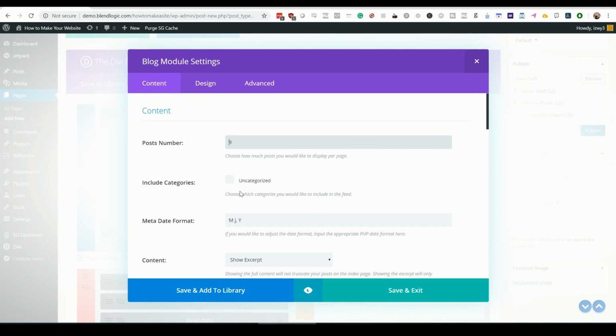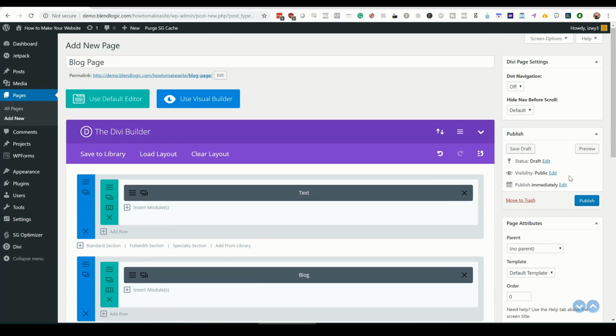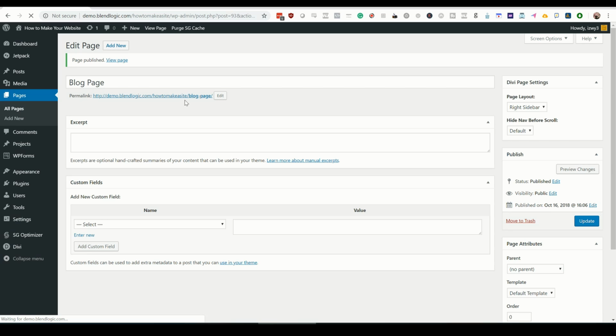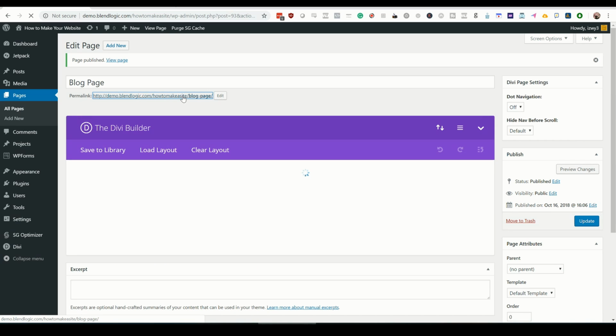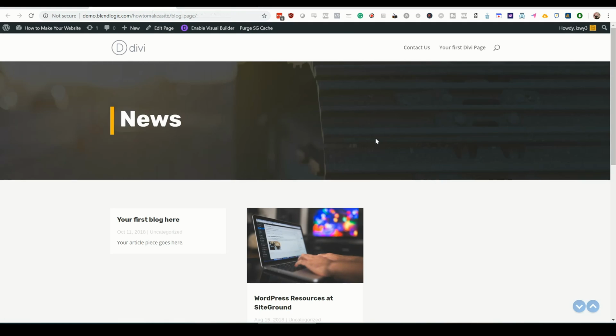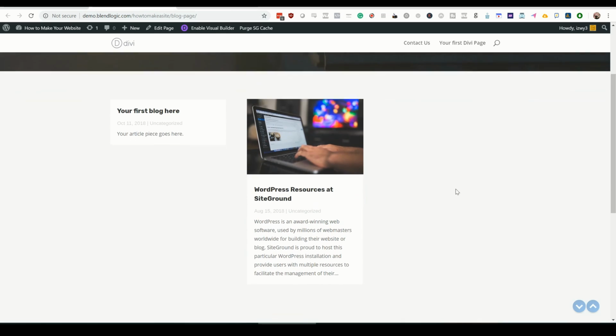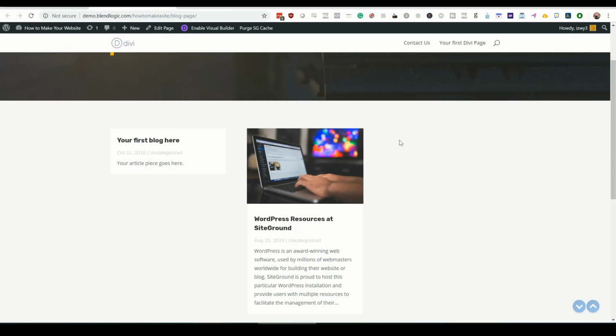If we look in the settings, we see that it has categories you can choose from. We haven't set up any categories yet for our blog, so we just choose uncategorized. Let's publish this and let's see what our first blog page looks like. Look how clean this is, guys. Very simple. It's taking me like 5 seconds to have these animations and designs, but it put it as a blog, and these are all the uncategorized blog posts.